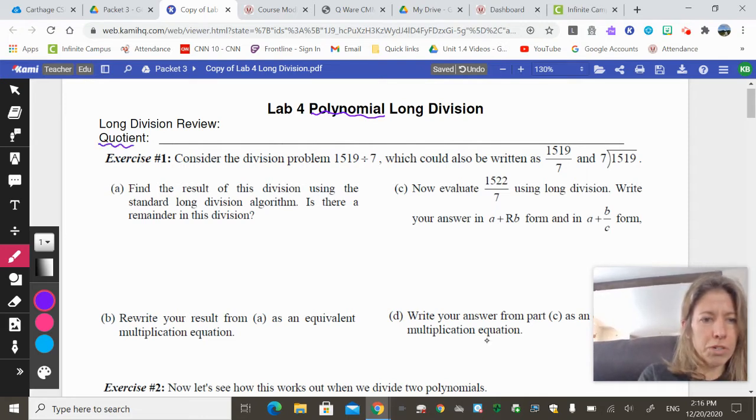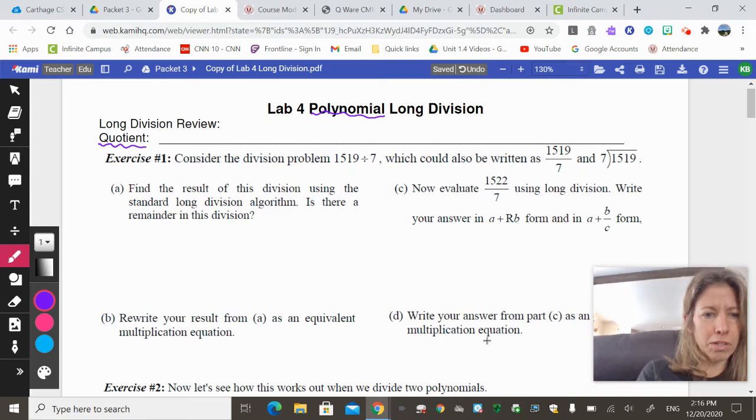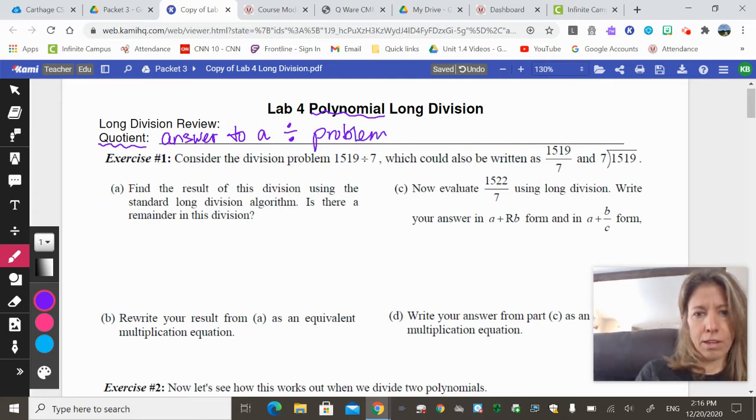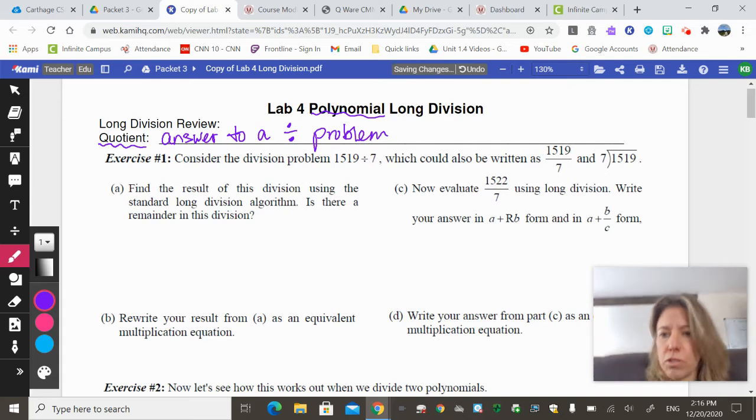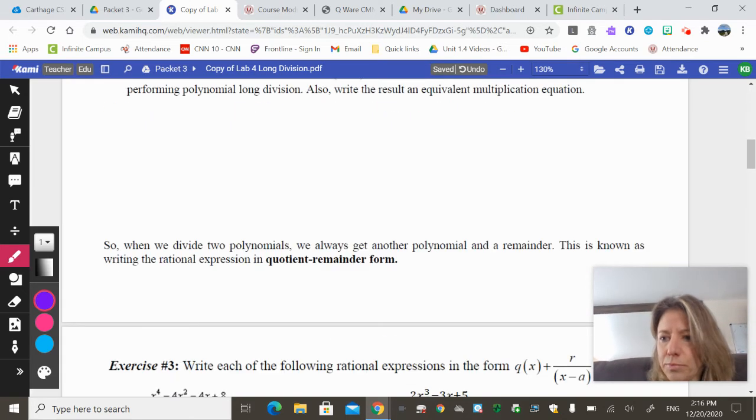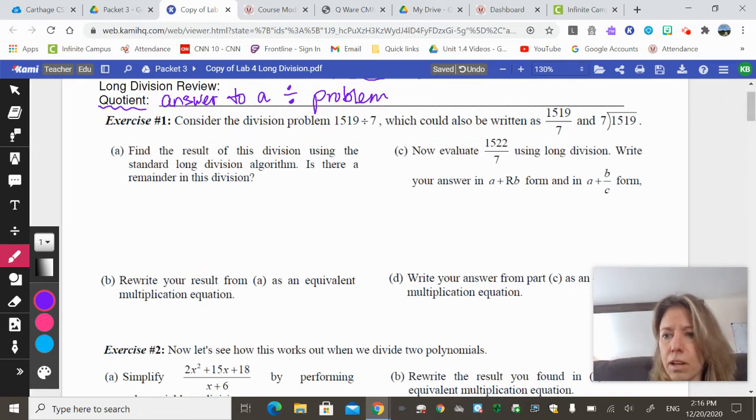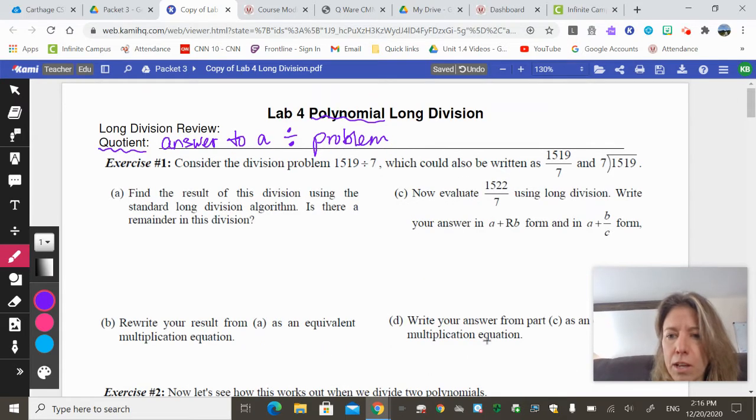First of all, the word quotient. Hopefully you remember the quotient is just the answer to a division problem. So the answer to, and I'm just going to write the division sign, problem. And a couple other words you should know are dividend and divisor. So in this problem, consider the division problem